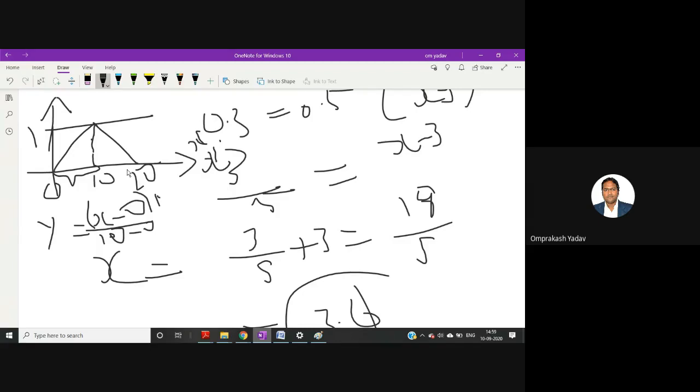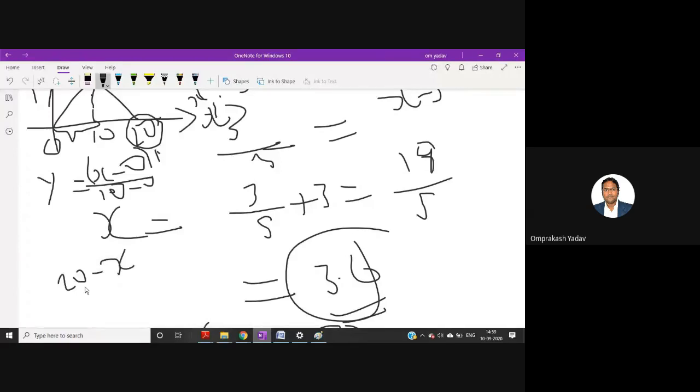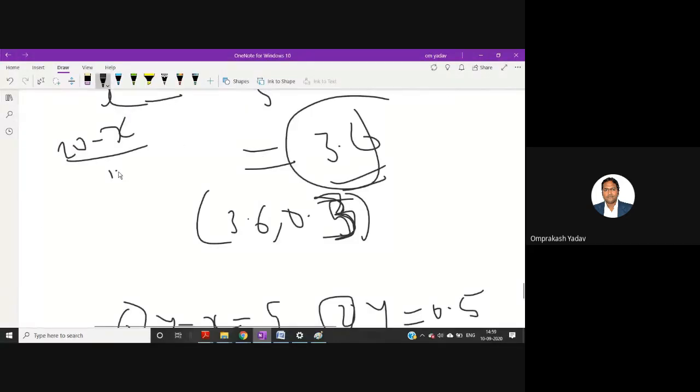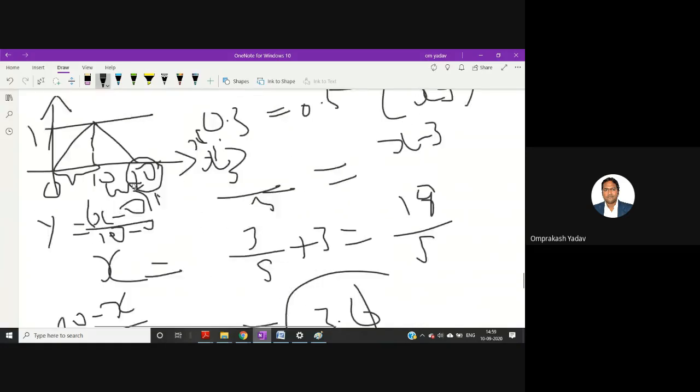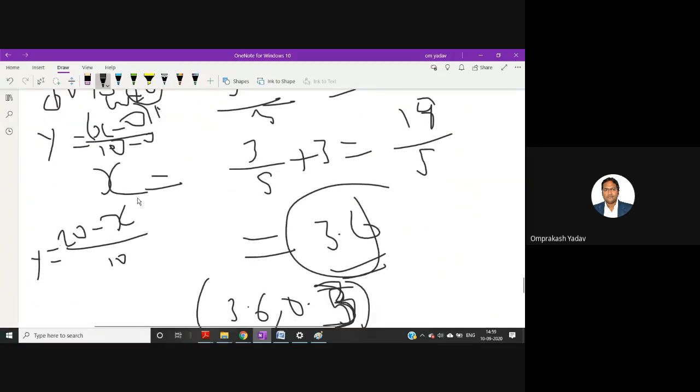Similarly, if you want to write the equation for a decreasing line, just observe the upper point. If the point is 20, you write 20 minus the variable, 20 minus x, divided by the range for that particular line. The range now is 20 minus 10, which is 10. It has to be equal to y. And whatever amplitude is there, here it's 1, so no need to multiply. By this way you can write the equation. Is this clear?